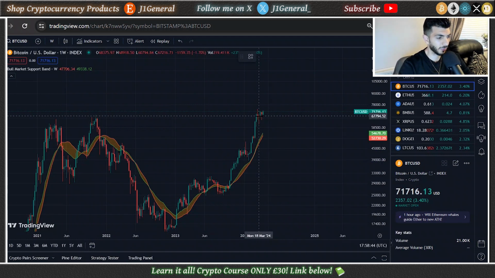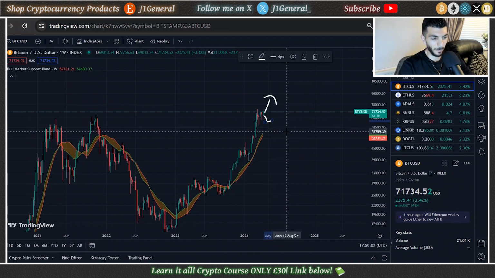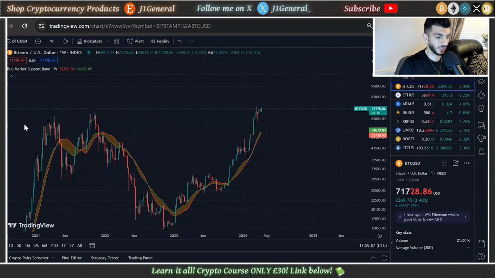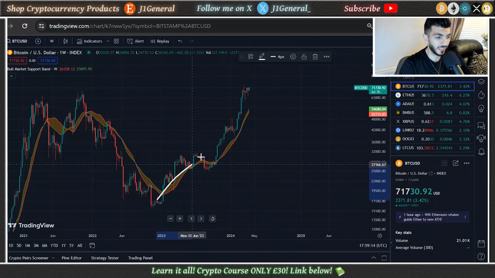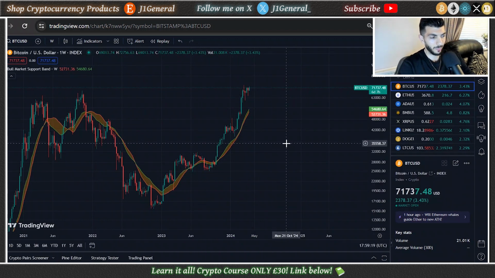Bitcoin, yes, it is ranging near all-time highs, but you can see in the last month or so, it is starting to lose momentum. Bitcoin essentially needs to spring upwards now, because if it starts to lose momentum and starts to come back down and there's not much strength, and with that being said, with regards to the strength, Bitcoin has showed immaculate strength since the bottom of November 2022. It's been in an uptrend for well over a year, so the strength could be coming to an end. Bitcoin can't go up forever.